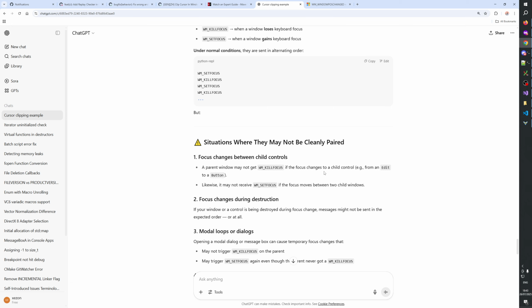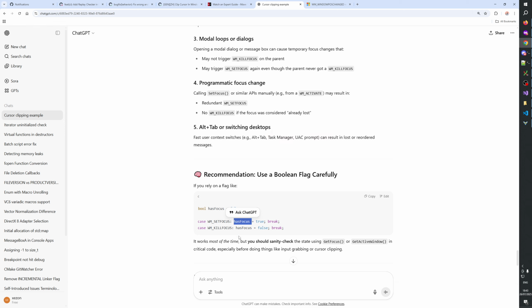Likewise, it may not receive set focus if the focus moves between two child windows. It works most of the time, but you should sanity check the state using GetFocus or GetActiveWindow.